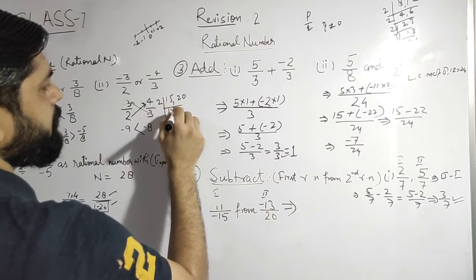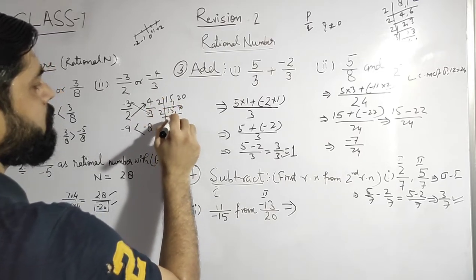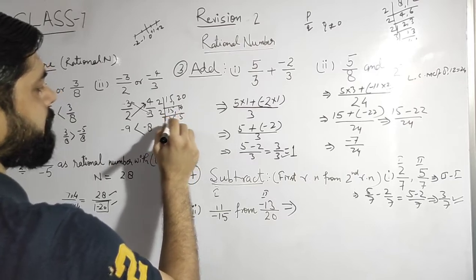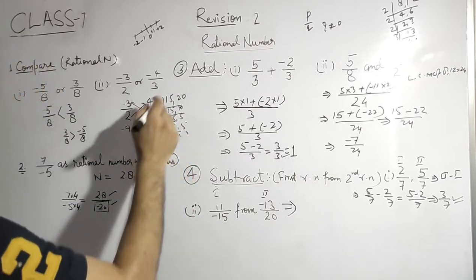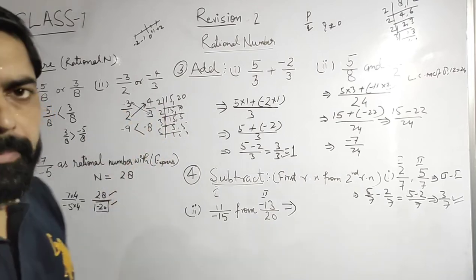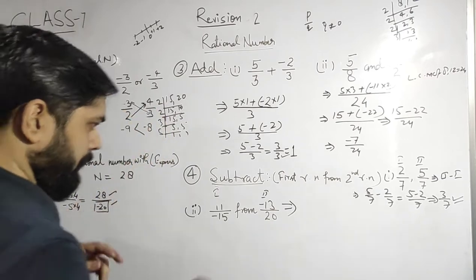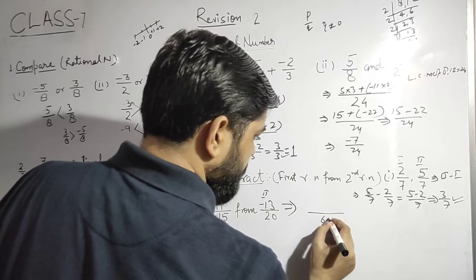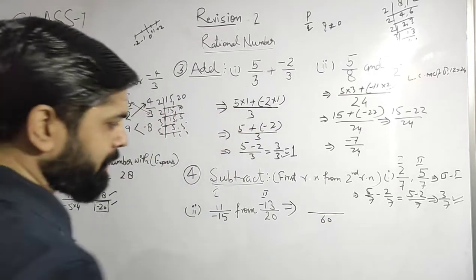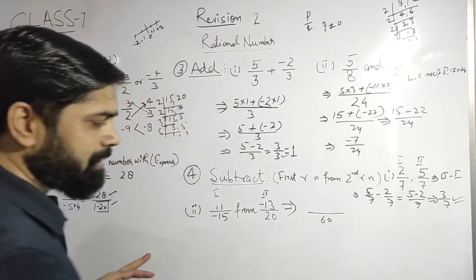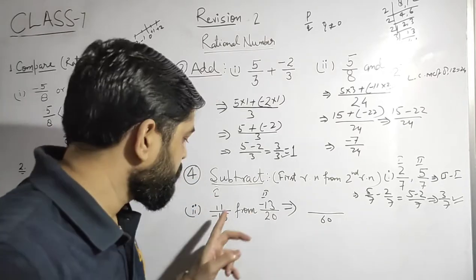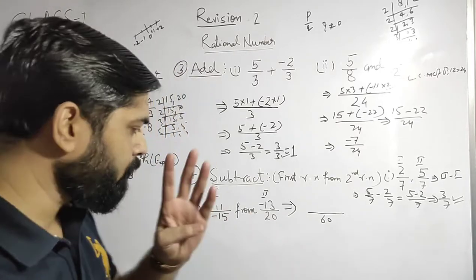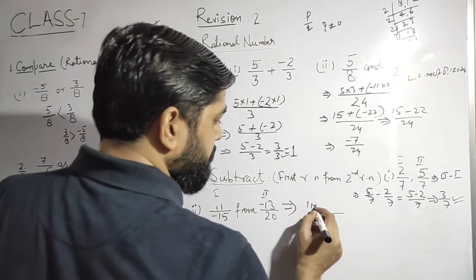2, 15, 10. 2, 15, 5. 3, 5, 5. Then 5, 1. 2 times 2 is 4, 4 times 3 is 12, 12 times 5 is 60. LCM is 60. So we write the LCM as the common denominator. Then 15 divided into 60, we get 4. The LCM 60 has come, so divide 60 by 15 and you get 4. Then 11 multiply